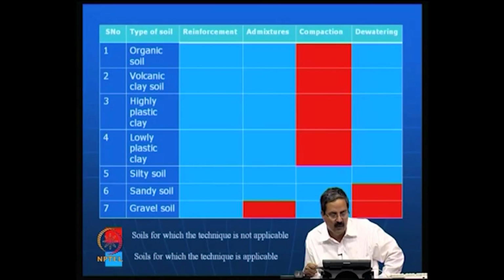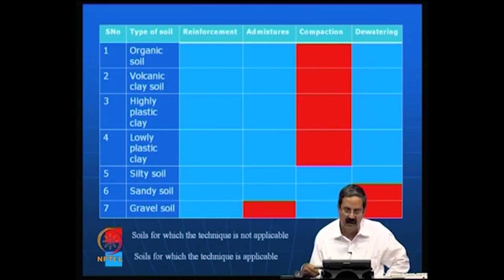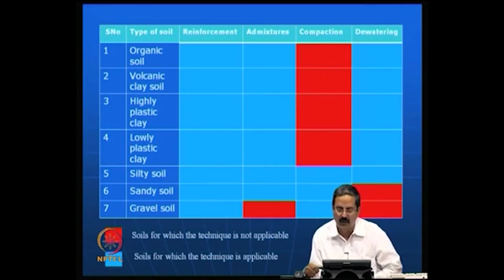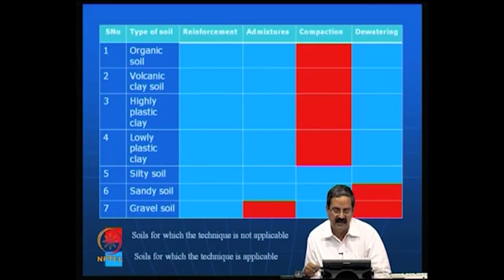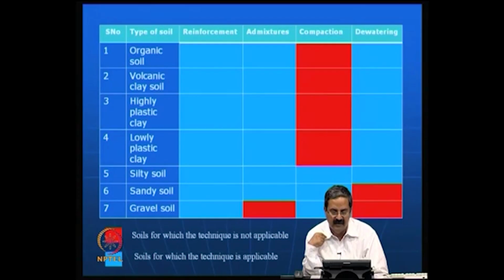In the case of volcanic soil, the volcanic soils also have very interesting properties. They are found in Japan and many places where you have volcanoes, and the reinforcement function is very helpful, and if you add admixtures they are also going to be helpful. The soils are peculiar in nature, and it is very difficult to judge their properties based on compaction or improvement. So we use all these techniques, whether reinforcement, admixtures or dewatering, to improve organic soils, volcanic clay soils, highly plastic clays, lowly plastic clays. But in the case of silty soil or a sandy silt, one can use all of them. Reinforcement can be effective, admixtures can be effective, compaction can be effective, dewatering can be effective. So what I meant was that